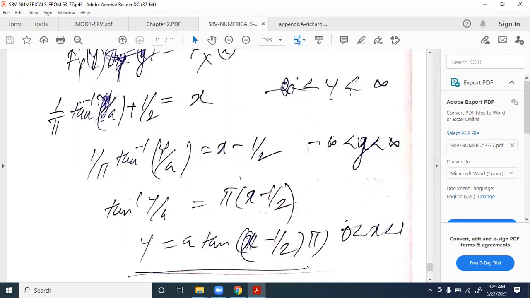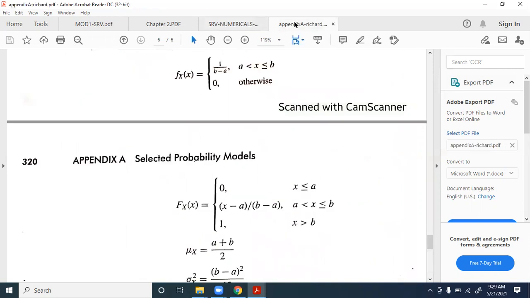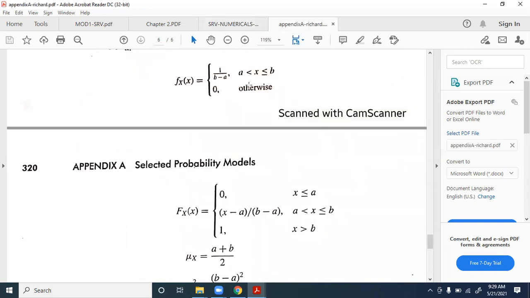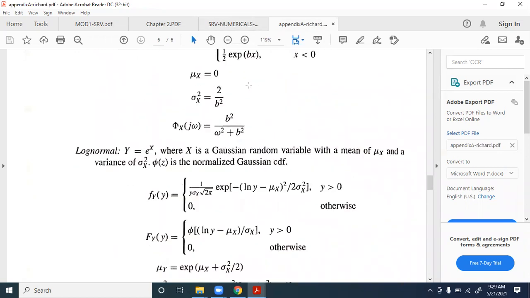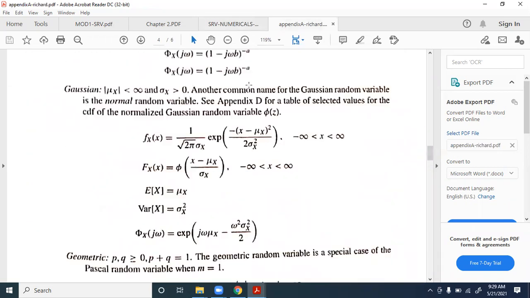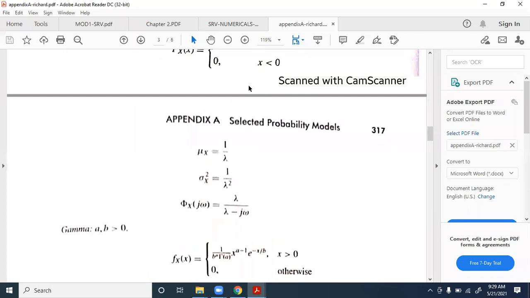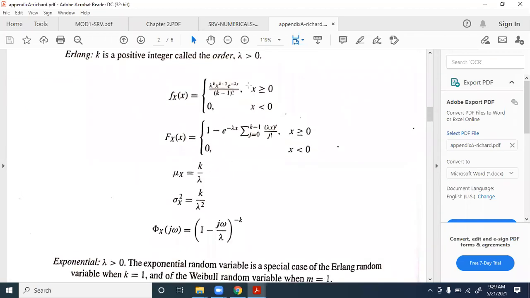So F_Y(y) is directly the Cauchy random variable. For x we have seen the Cauchy random variable over here. So in the same way we can write for the